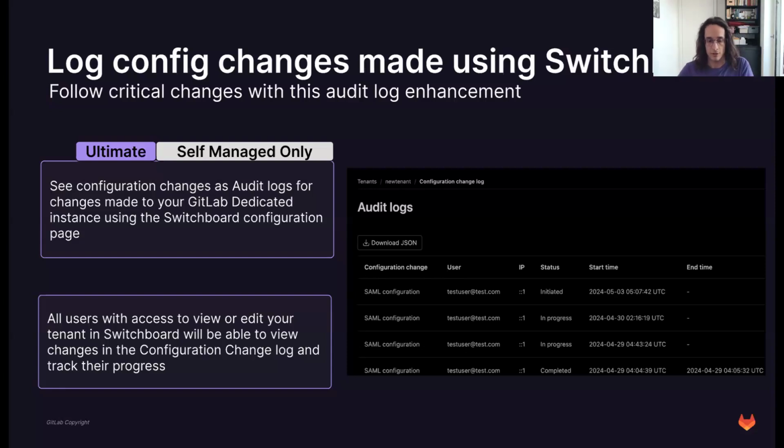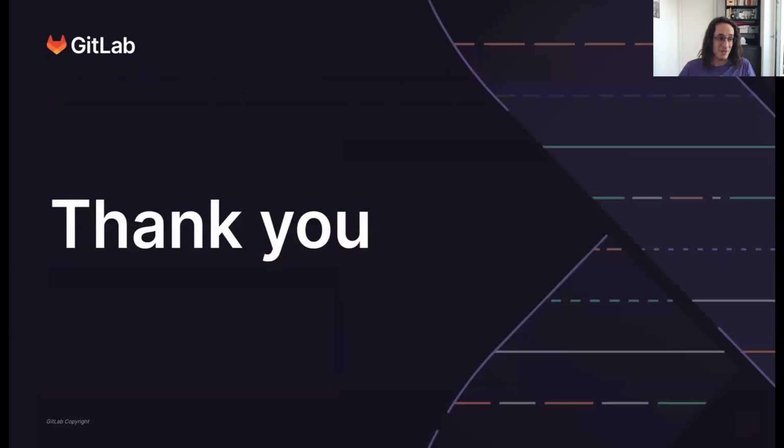For those of you who are using GitLab Dedicated or have customers who are using it, you will get a dedicated update about this set of features. And pretty much that's it. I know it was a lot. I tried to narrow it down as much as possible and focus on the most important things.